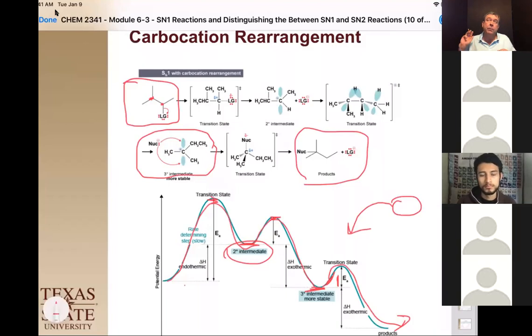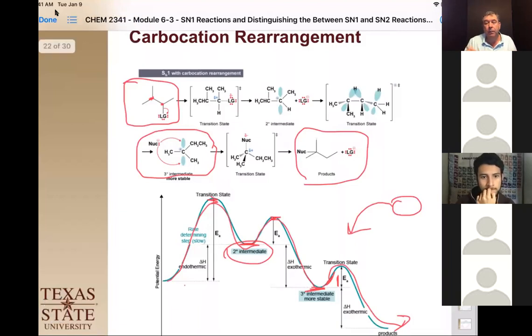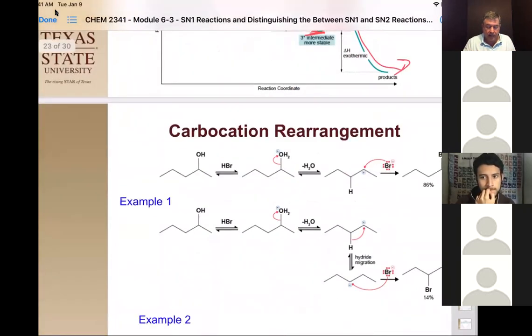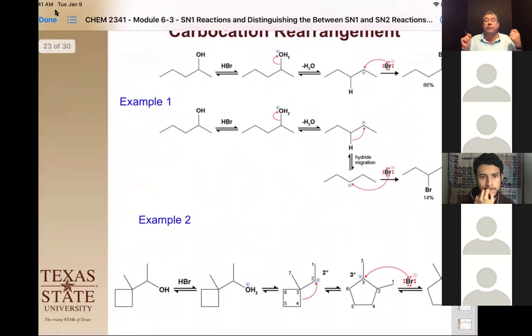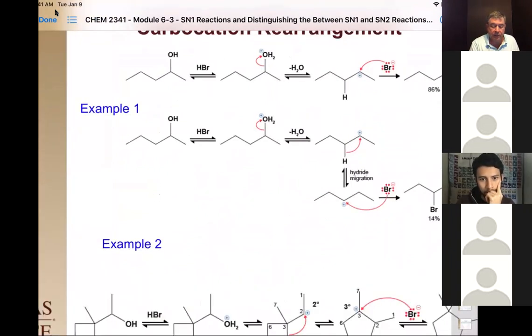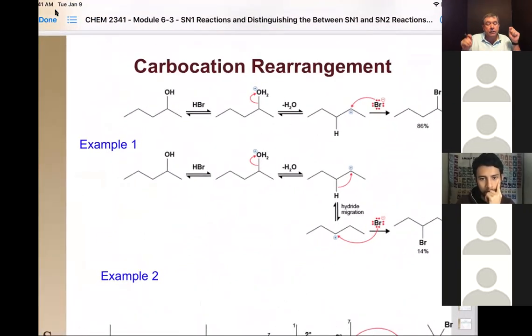And so that's what carbocation rearrangement looks like. So it only goes from a secondary to a tertiary, but there's another driving force that can make carbocations rearrange. And that can be seen in the example of a ring. Okay, so let's look at this first example here, though. So in the case of this, we're using an acid catalyzed